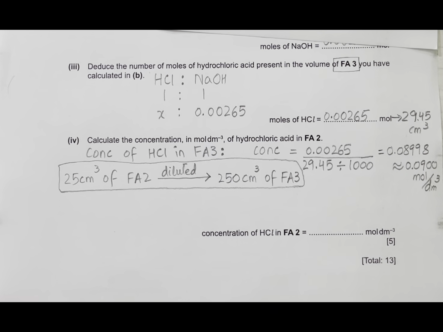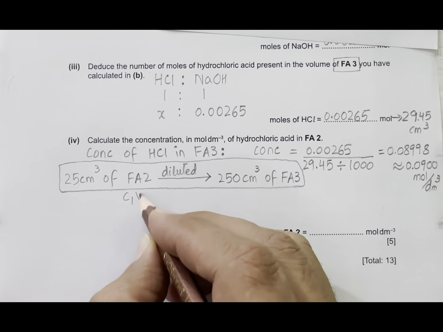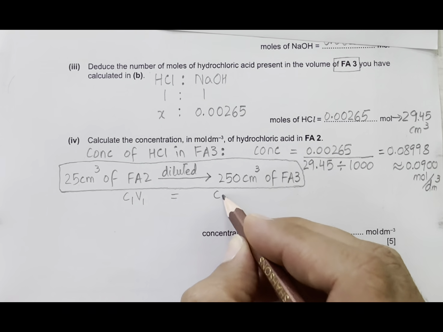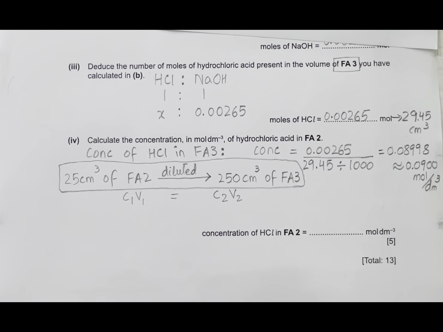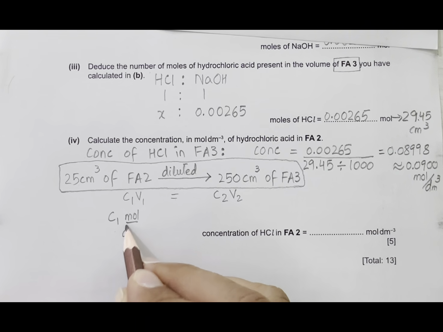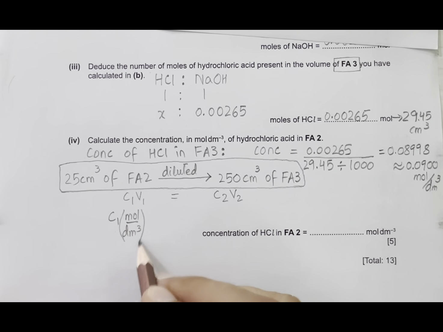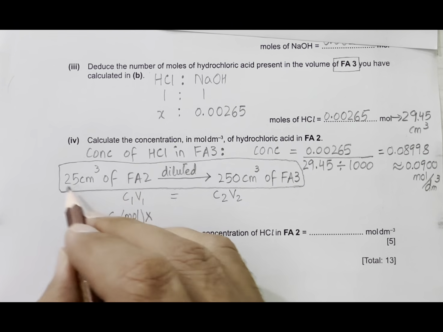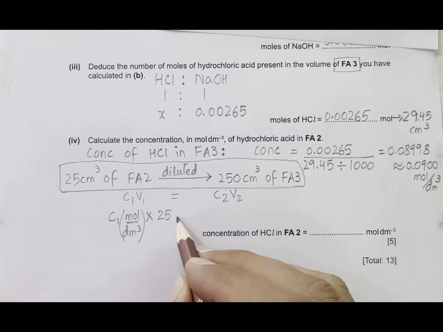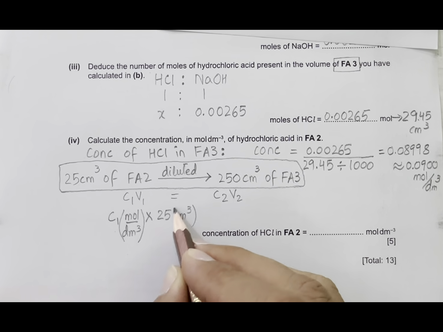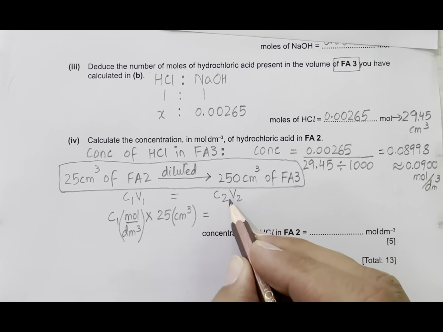So here we have calculated the concentration, which is 0.09, and if we go back the 10 times dilution, the formula we can use here is C1V1 equals C2V2, where C1 is the concentration of Fa2 in moles per dm³, multiplied by the volume of Fa2 we have used, 25 cm³,